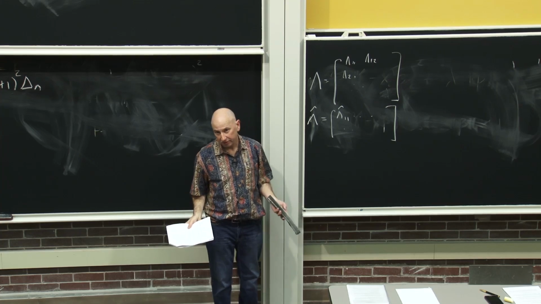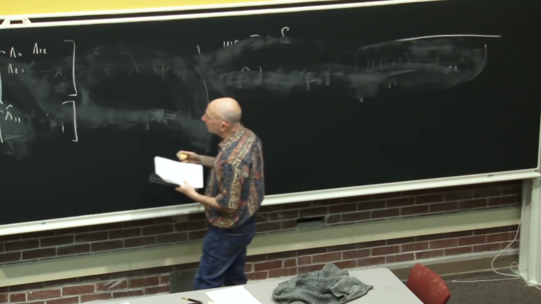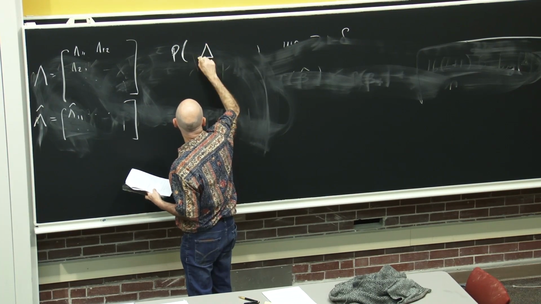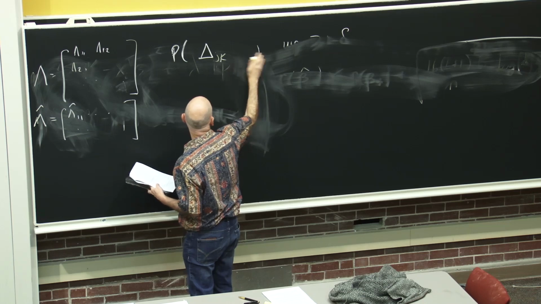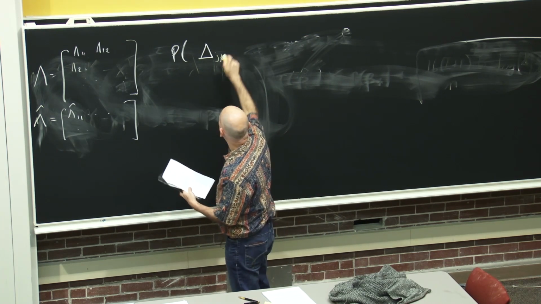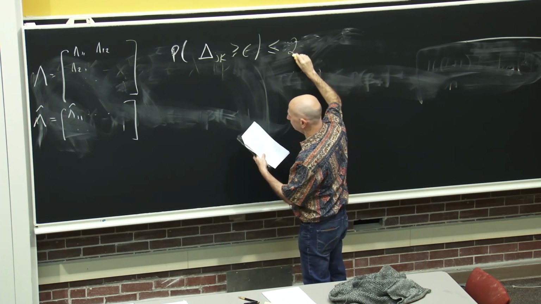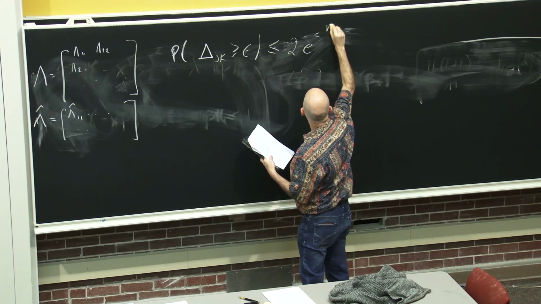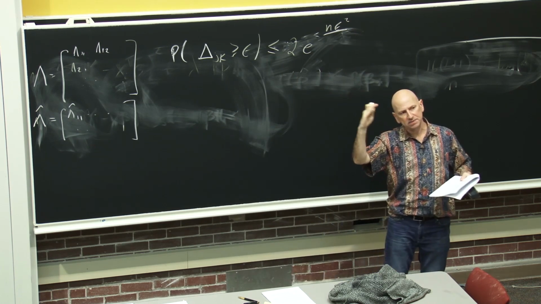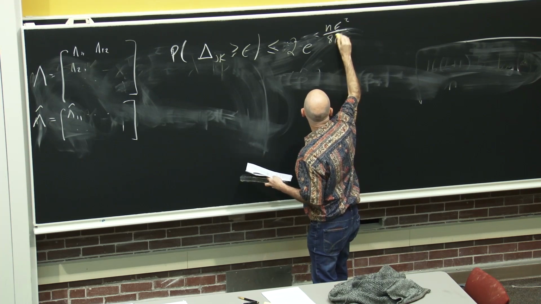Everything's bounded. We can use our old friend, Hoeffding. So the difference between this and this, that is the probability, that's what delta is. Let's call it delta jk, is bigger than epsilon. Using Hoeffding's inequality directly gives us 2 e to the minus n epsilon squared over something. The range of these variables, it can get as high as plus b or minus b. So hopefully I've counted things right. I got 8b squared.